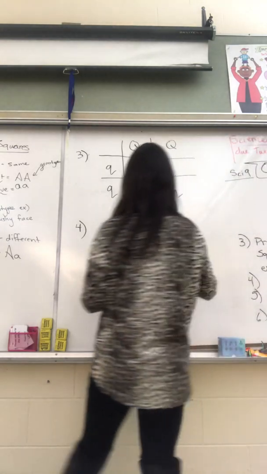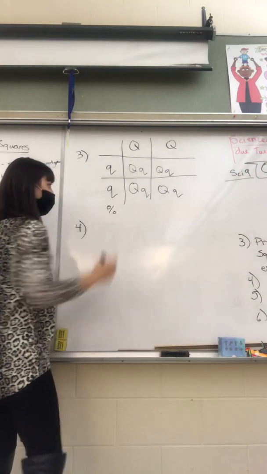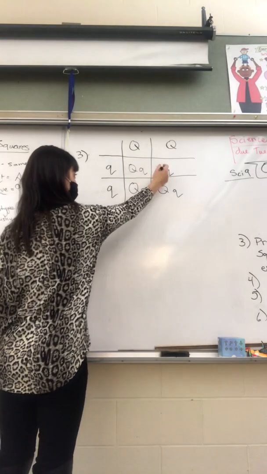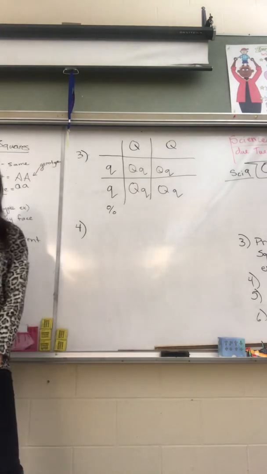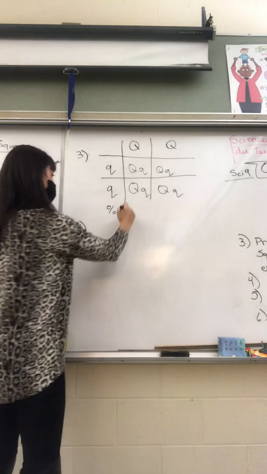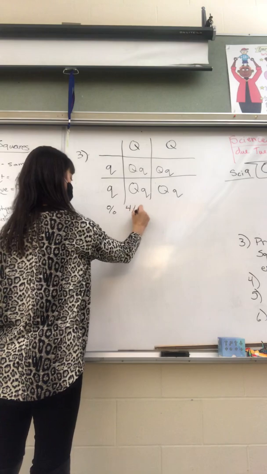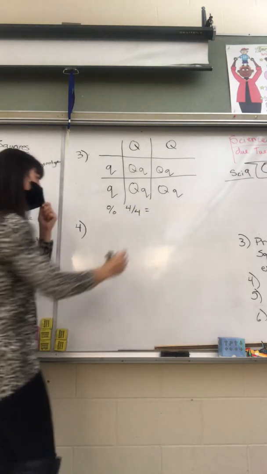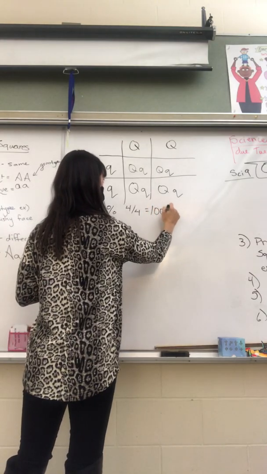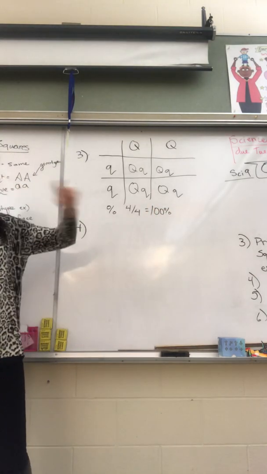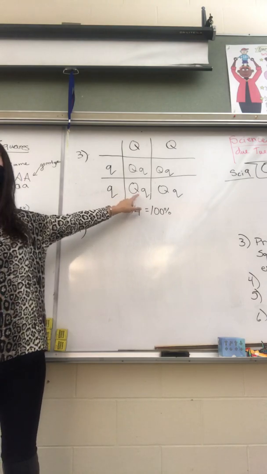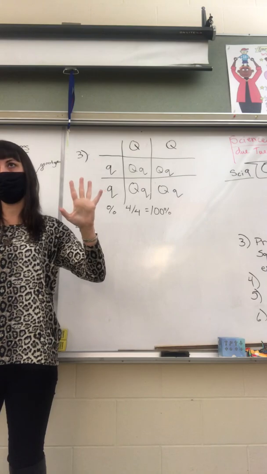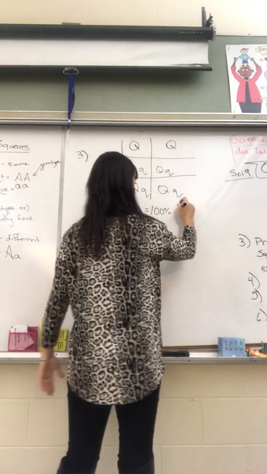Okay, so let's talk percentages here. For our offspring, we have 1, 2, 3, 4, where the genotype is the same. So that's going to be 4 out of 4, which is how many percent? 100%. Okay, so because they have the dominant gene in there, are they going to be regular striped zebras or albino ones? Regular. Okay, so the phenotype